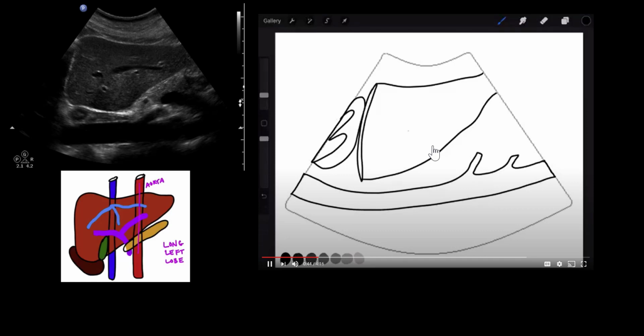Some other structures that we can see in this image are going to include smaller structures such as the spine posterior to the aorta, and really if you can see that much spine, you probably should reduce your depth a little bit. But we can also see the esophageal junction, usually shows up as a hypoechoic ring. Next to that we have the diaphragmatic crux, specifically the left one, which connects the diaphragm to the spine. We can also see the splenic artery in the transverse view, part of the pancreas,